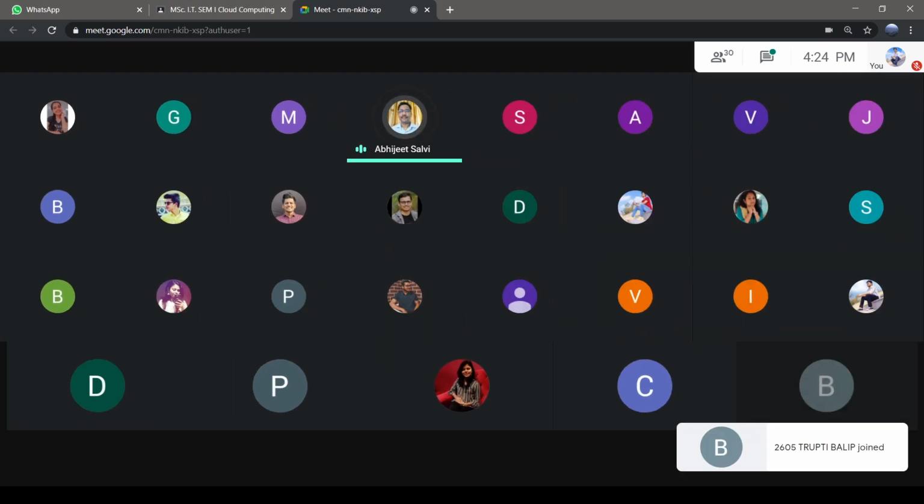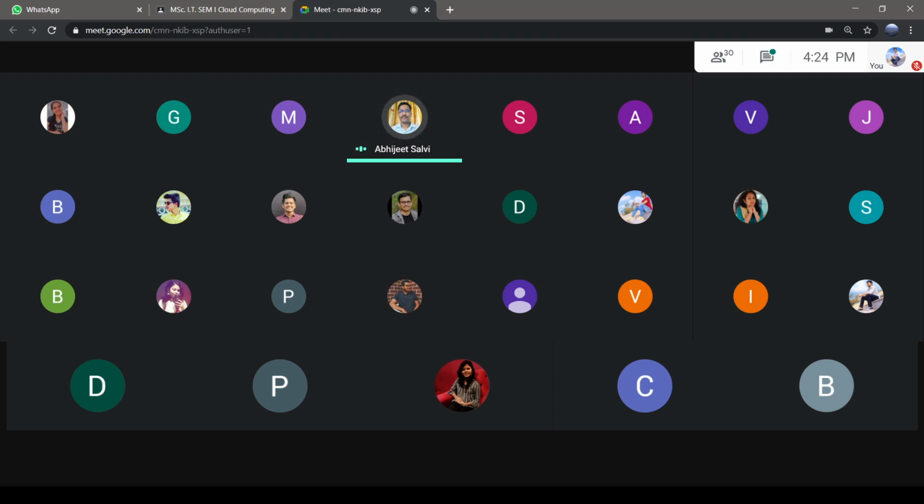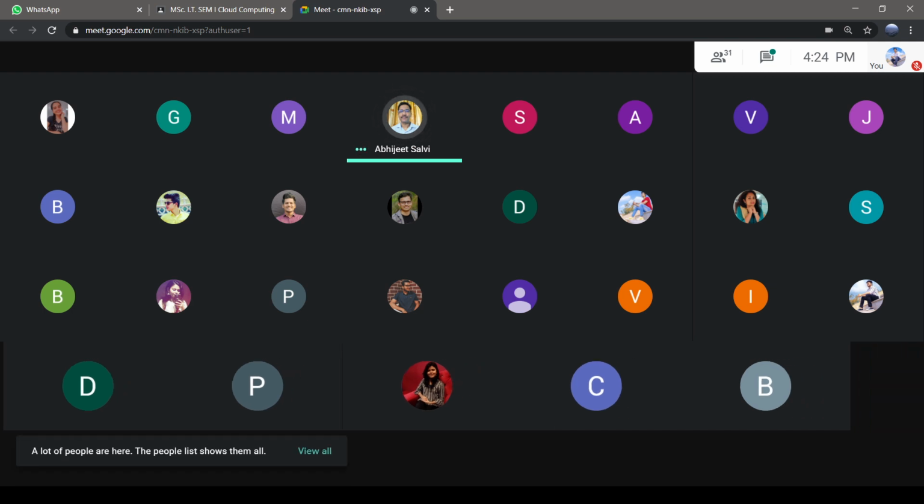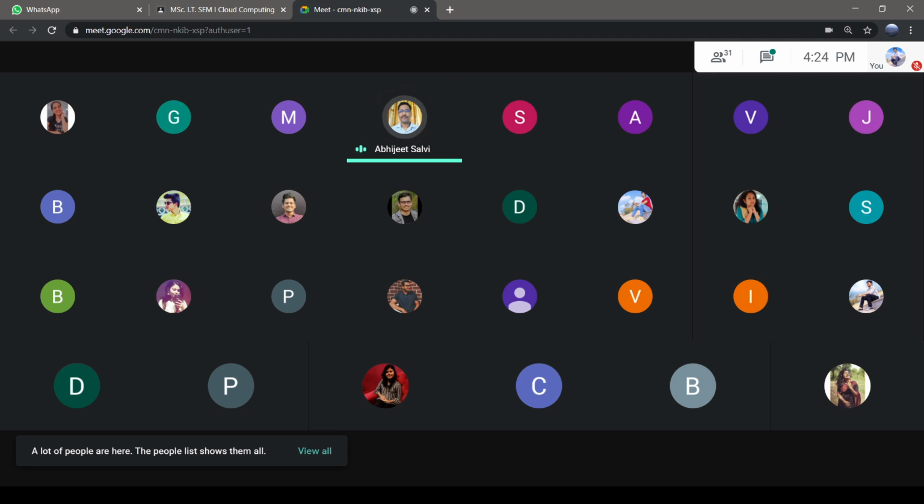So meanwhile you can write down those things and practice that later on. As I told you, you need an active account in Google Cloud, then only you can manage that. But we'll try to reach the end and understand the basic idea of how we'll integrate that. We'll do it with the help of this direct console application, like we used to in AWS. A similar pattern we'll follow over here.